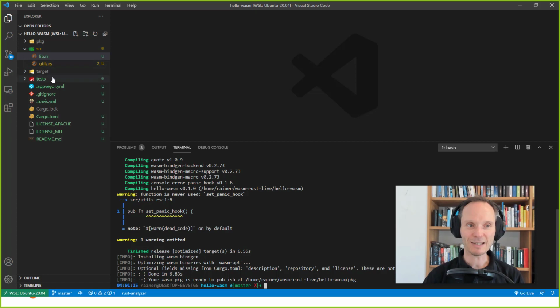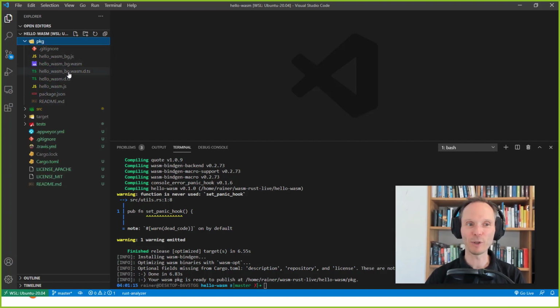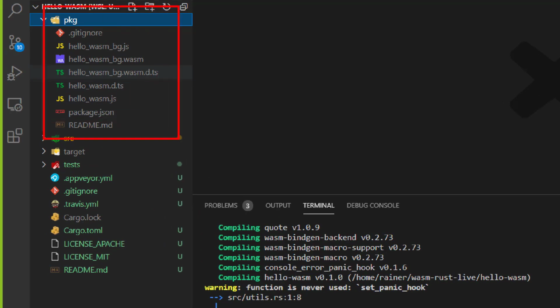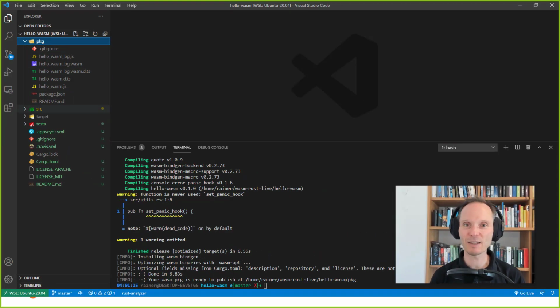The important thing is that we will ignore the target folder here, what I showed you with the hello world. Here is where we had our executable, but now we really see that we have a folder which looks very familiar for JavaScript programmers like we are. A package folder. Yes, and that is exactly what Webpack does for Rust. If you have Rust and you would like to run it in combination with JavaScript, with WebAssembly, you use Webpack as a kind of wrapper around the Rust tooling, and the result will be, on the one hand side, yes,